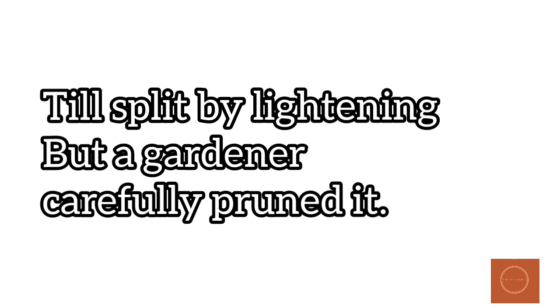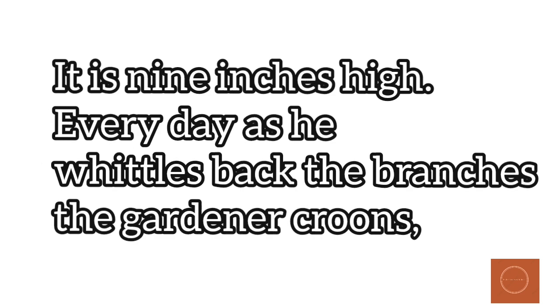Now finally, as the change is there, we get to know that the gardener is the oppressor over here and the woman is the bonsai tree. This line is very critical and very disapproving. Then next line is 9 inches high, meaning a specific limit is given to the tree that it can only grow till this point, that is 9 inches, and if it grows even a little more than that, then the gardener, the oppressor, cuts it off,